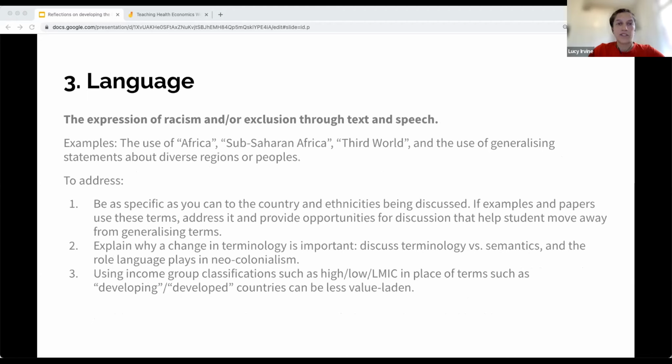And finally, language, the expression of racism and/or exclusion through text and speech. So the examples that the students noted in the survey were the use of Africa, very broadly, sub-Saharan Africa, the third world, and the use of generalizing statements about diverse regions or peoples. In order to address this, the recommendations are to be as specific as you can to the country and ethnicities